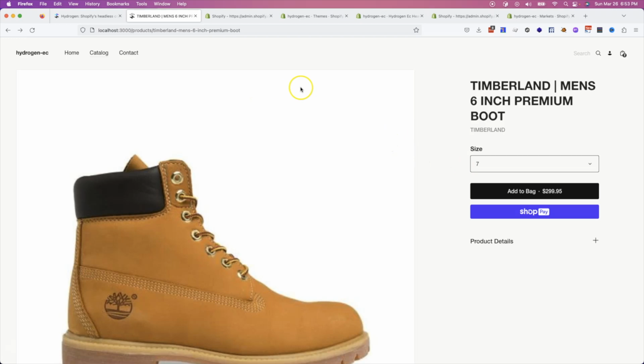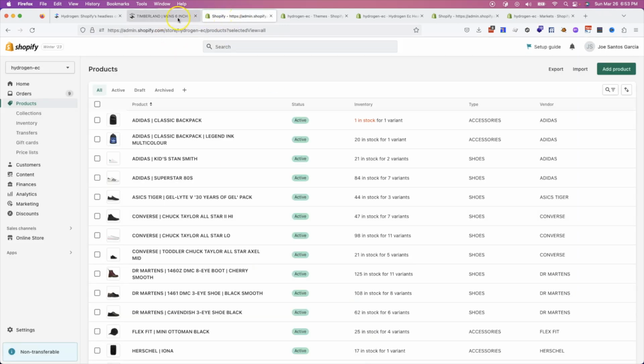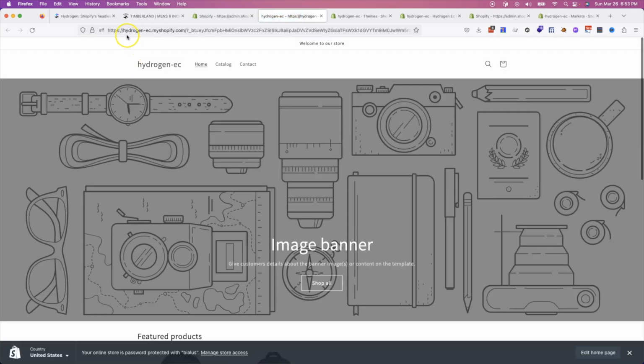But again, you will have this as a separate website, a separate server. And then you have your actual website that's running on your Shopify account, which will be, again, something like this,